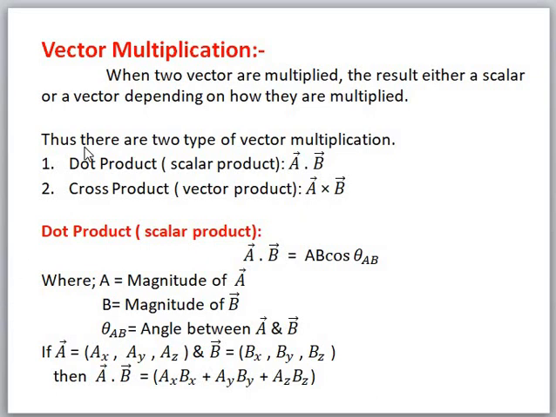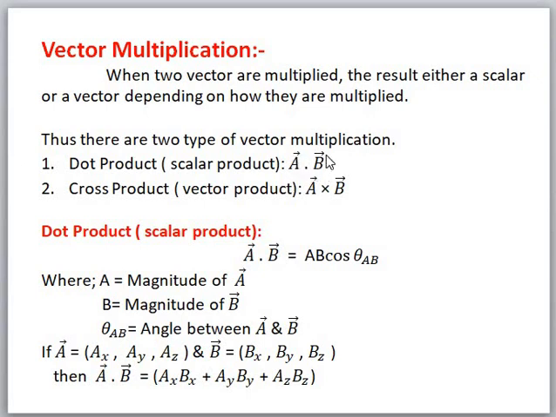Now let's see the next point, vector multiplication. First of all, we know the method of multiplication. Basically, there are two types of vector multiplication: first dot product and the next cross product. Dot product, also known as the scalar product, we can write as vector A dot